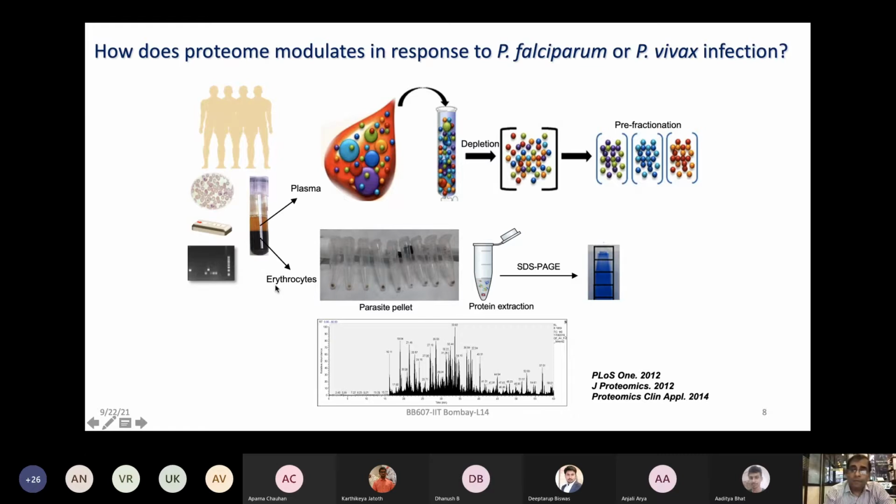So here from the same sample, we are trying to investigate three things. One is parasite proteins from the blood. Second is the parasite protein which has been secreted in the plasma sample, which will be very few. And third is the human proteins or the host proteins. And for doing so, you have a very different extraction strategy here. So again, looking at the experimental methods, the kind of methodology being used, and why they have chosen that, all that should be part of your critical analysis for your presentations as well.